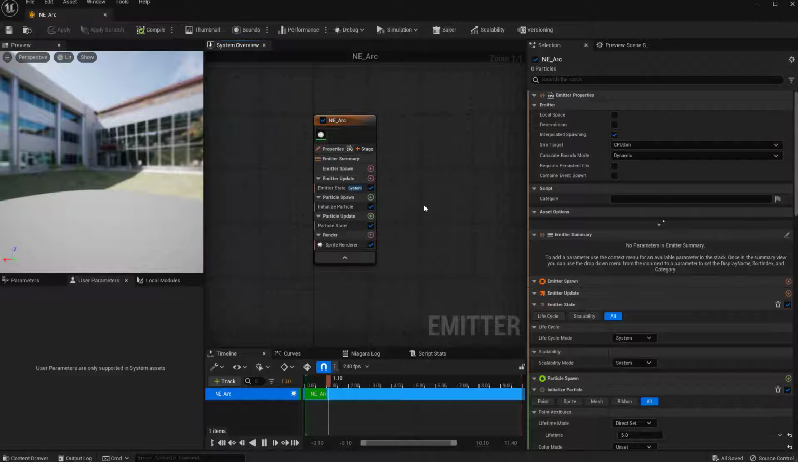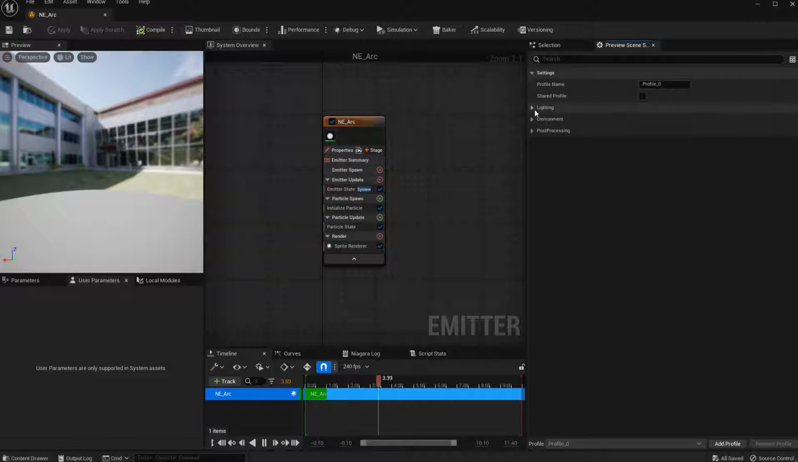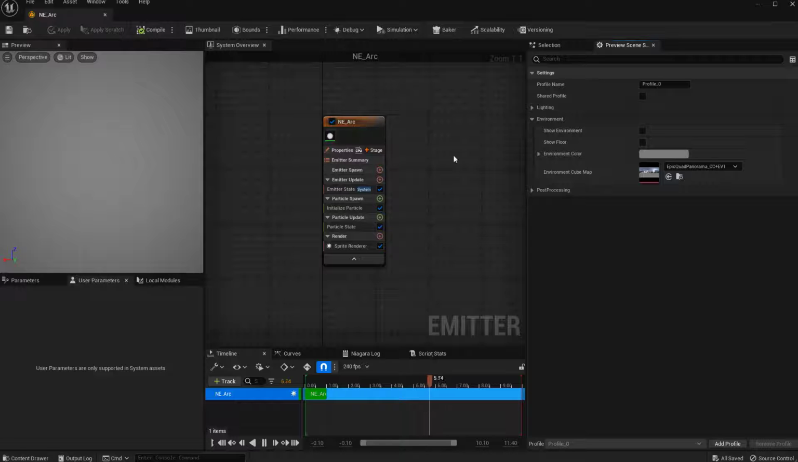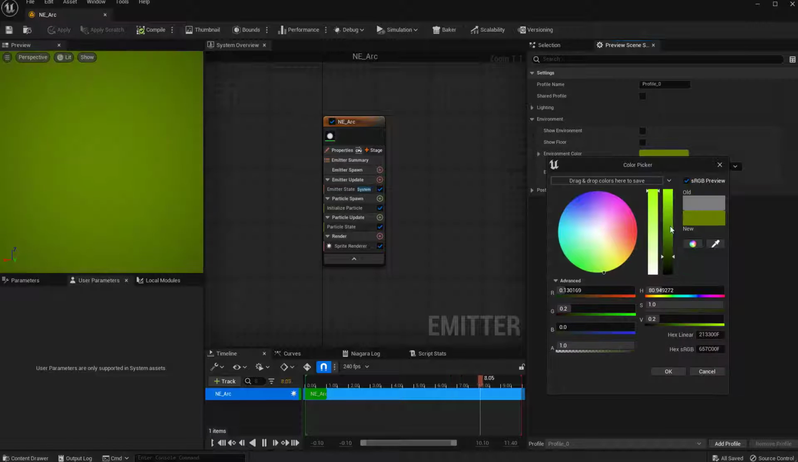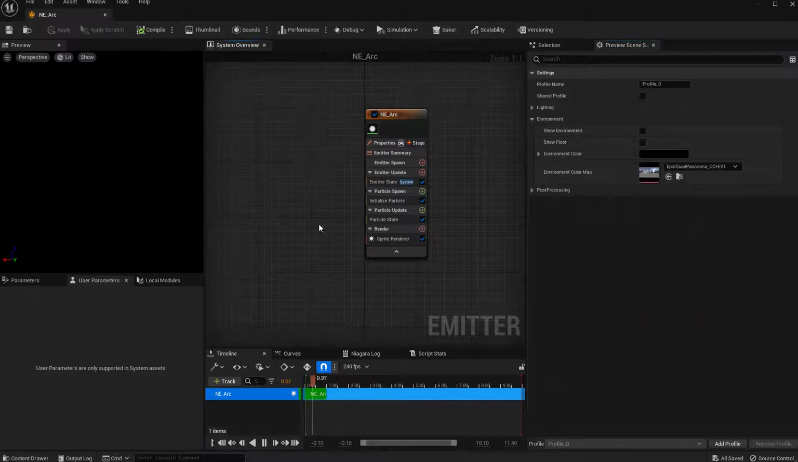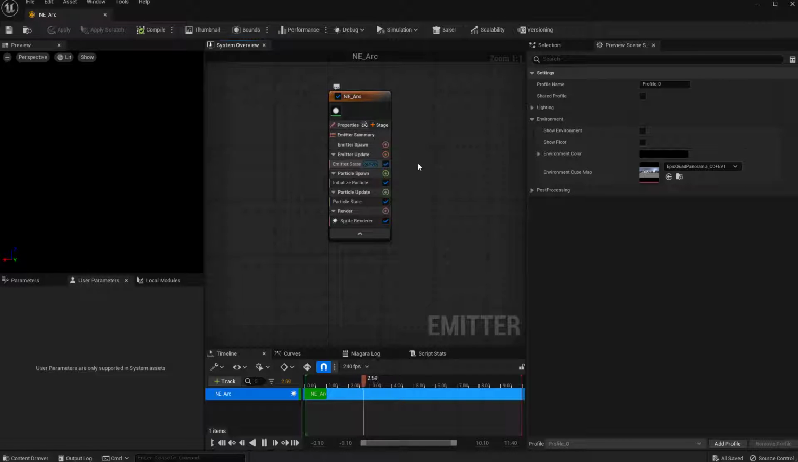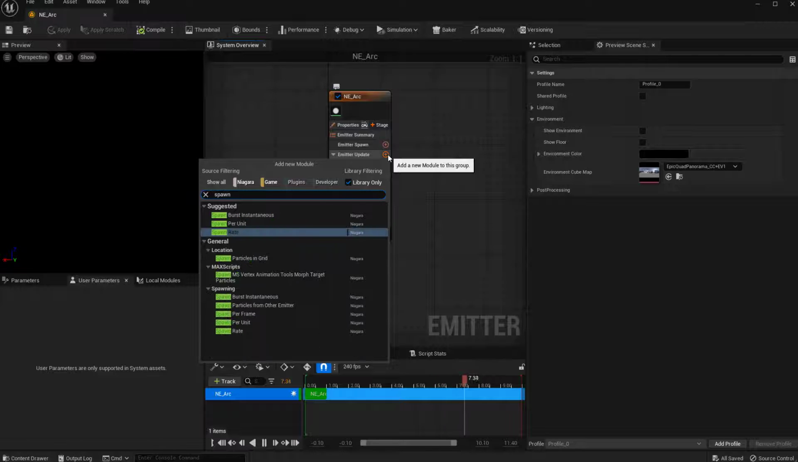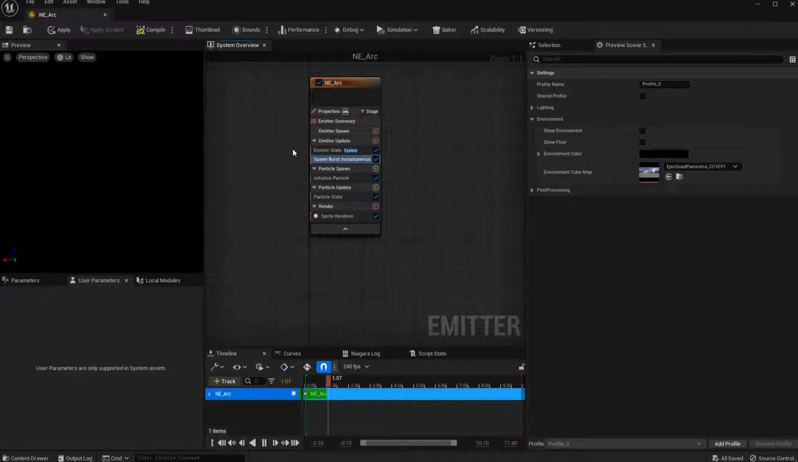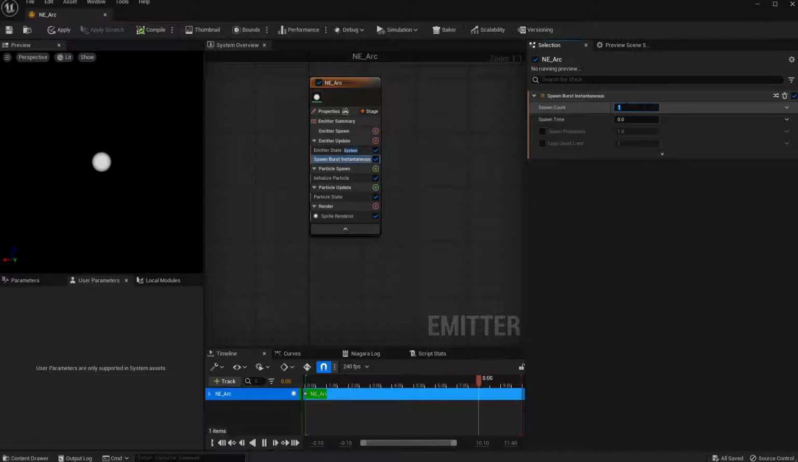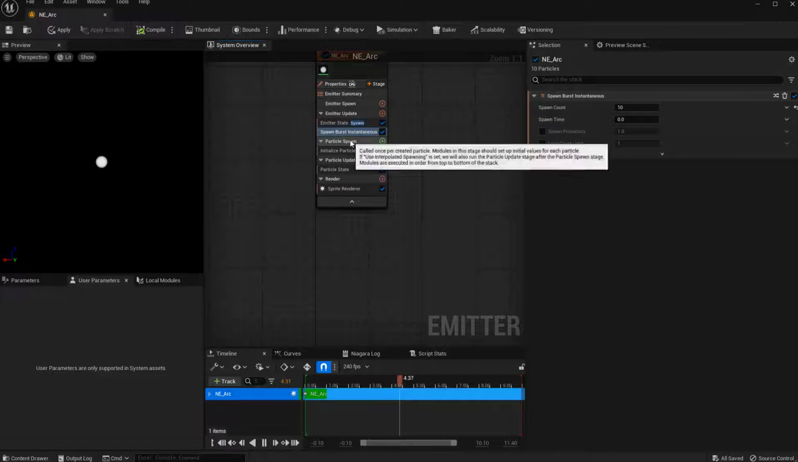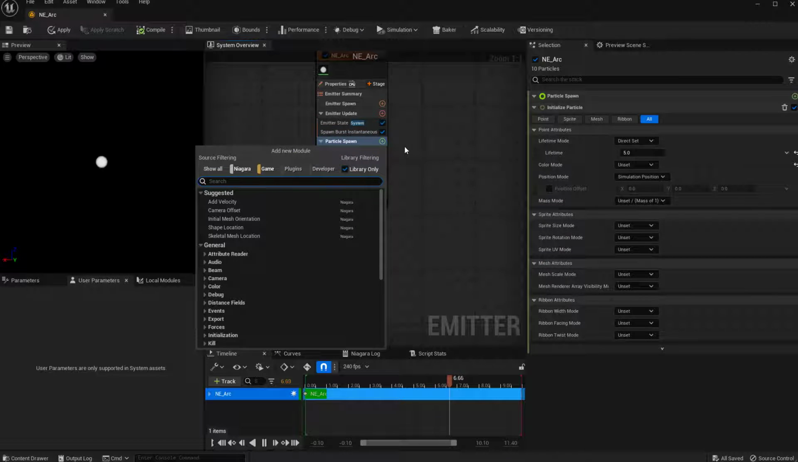The first thing we need to do is change the previous scene so that we don't have the environment. We can even make the background kind of dark so that we can see it. Now the first thing we need to do is make sure that we have the emitter update spawn a burst of particles. These are the particles we need to create our ribbon. We can go with maybe 10 particles. Now, in the particle spawn, I'm going to do a ribbon,